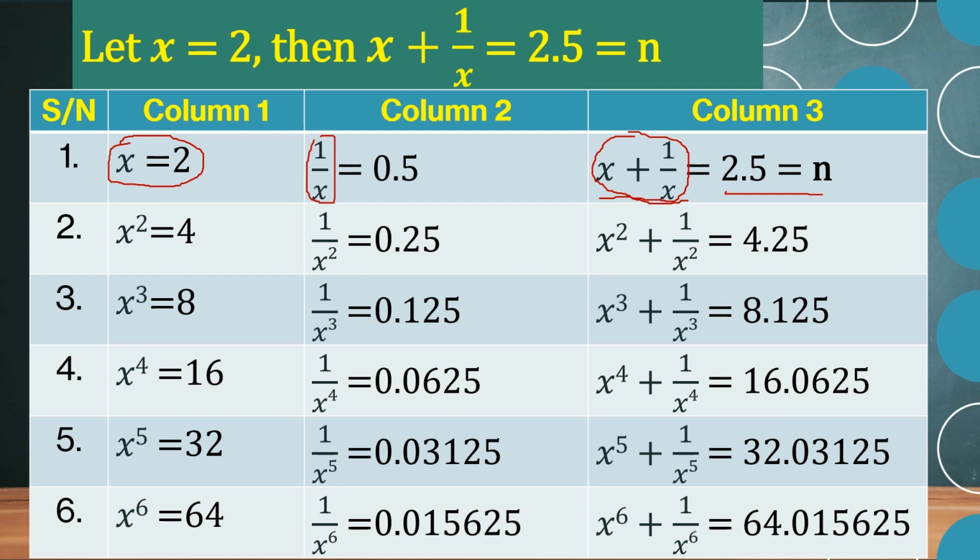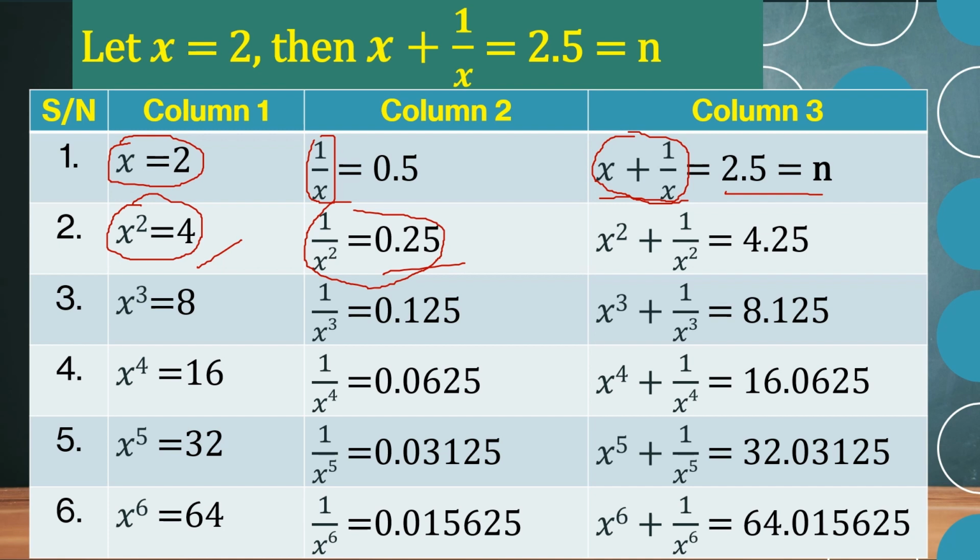So what we are simply doing in this particular table, let's go to line 2, is to substitute what the value of x is and then solve. So x squared, which is 2 squared, will be 4. 1 over x squared is now 1 over 4. That's 1 quarter, which is 0.25. So by the time we add x squared plus 1 over x squared, that is 4 and 0.25, we have 4.25. And then we do the same for all the values,